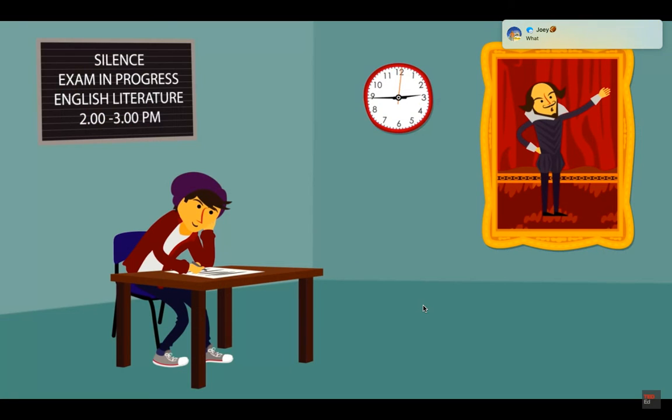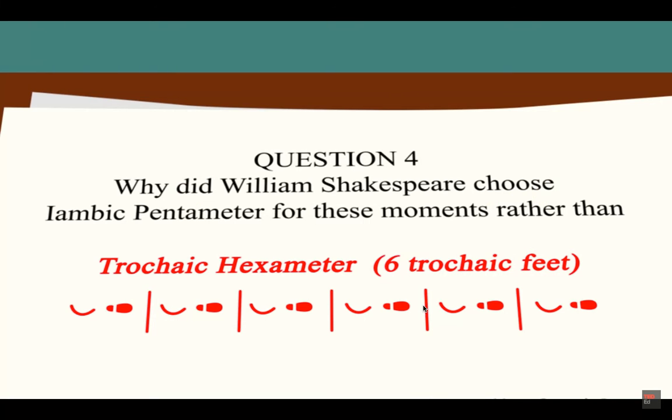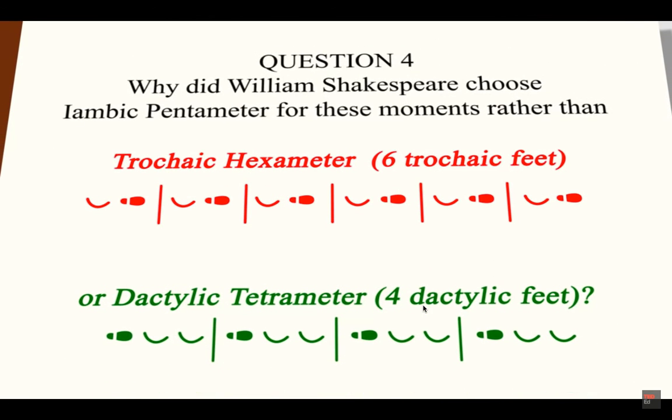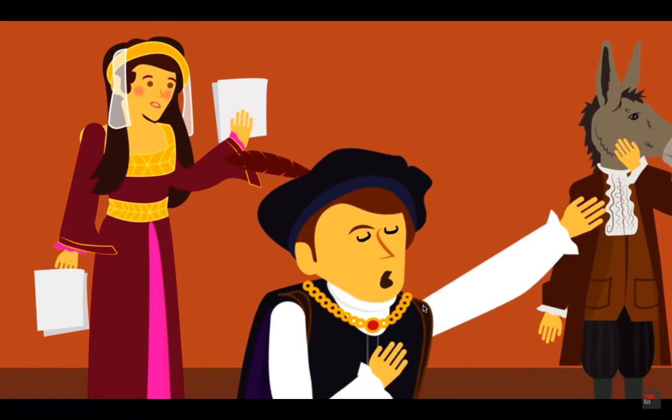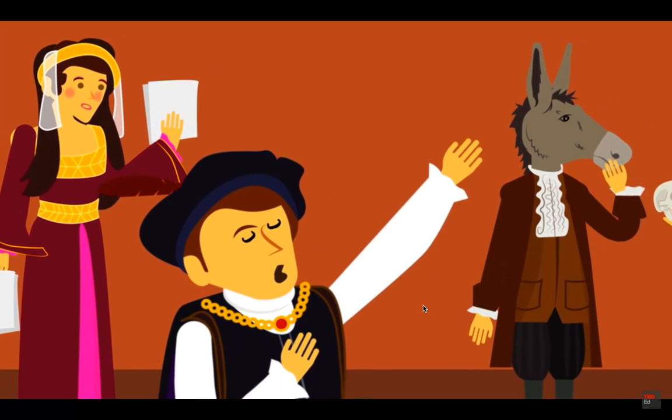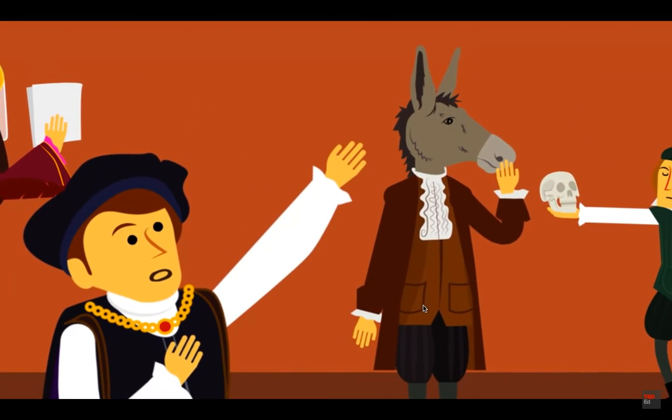Which leaves just one last question. Why did Shakespeare choose iambic pentameter for these moments rather than, say, trochaic hexameter or dactylic tetrameter? It's been said that iambic pentameter was easy for his actors to memorize and for the audience to understand, because